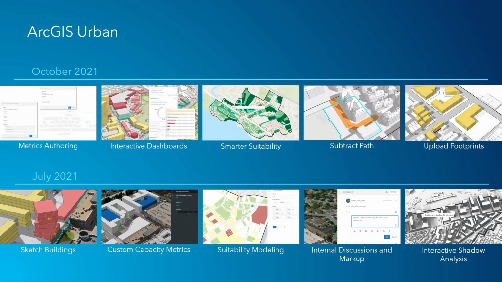ArcGIS Urban has many features helping planners to create a digital twin. Some of these features are specifically helpful for achieving National Policy Statement on Urban Development, or NPSUD, requirements. For instance, in ArcGIS Urban, suitable areas of intensification could be specified using suitability models. Different housing typologies, including the missing middle housing typologies, could be modeled, and planners can test different zoning height and coverage regulations to enable intensification. In the next slides, I would like to share new features in ArcGIS Urban February 2022 release with examples from New Zealand.